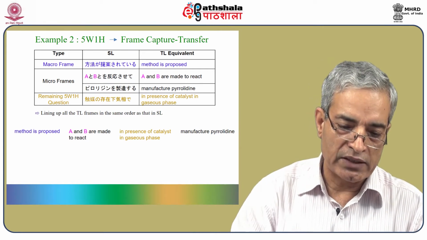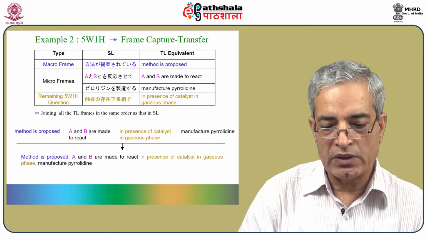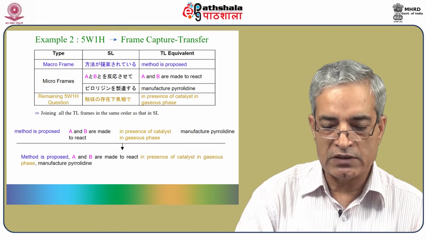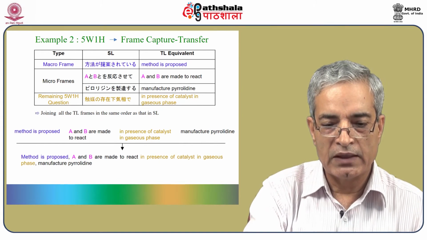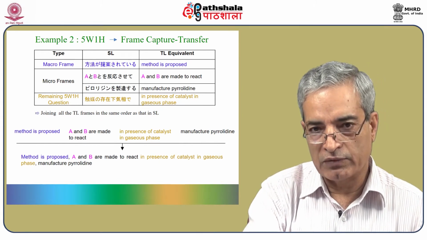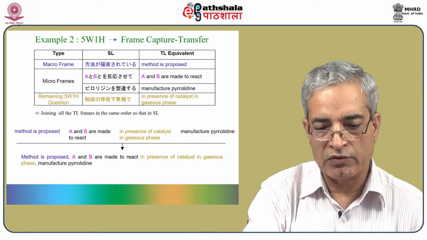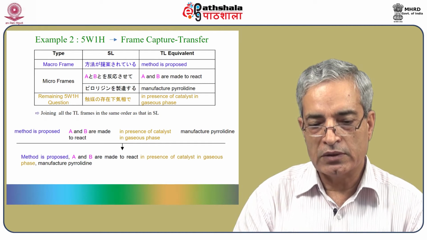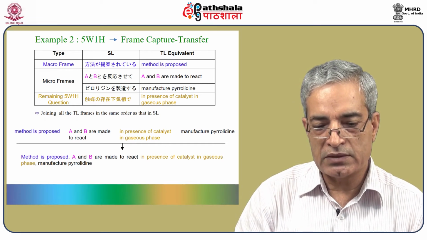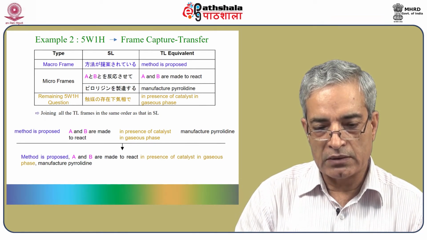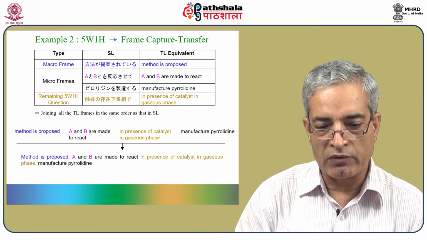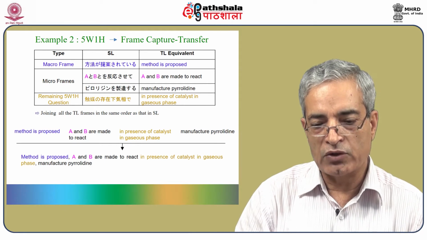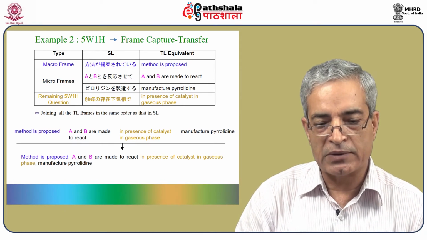Now this needs to be connected. Method is proposed, A and B are made to react in presence of catalyst in gaseous phase, manufacture pyrrolidine. This is the output from the previous slide. And if we place back the elements that were taken out, then it is various methods. Actually it's coming here, needs some modification. Various method is proposed so far as follows: tetrahydrofuran and ammonia are made to react in presence of catalyst in